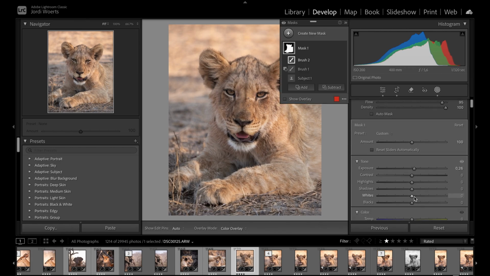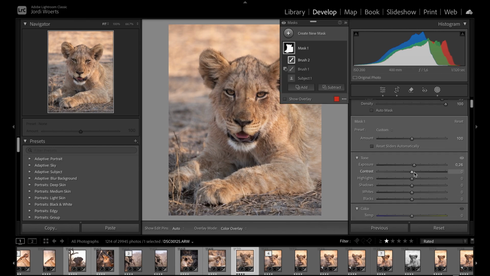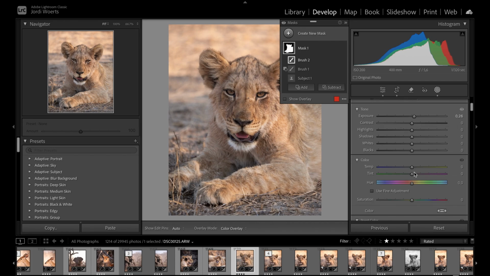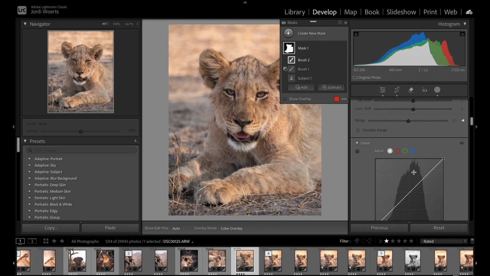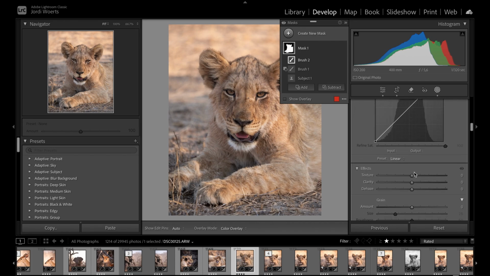Yeah, that's fine. But we're actually gonna go down now. I want to emphasize the line a lot more, so we'll do that with the 3 effects here. So I like those ones. So we're gonna use the texture, clarity, and the dehaze. Dehaze sounds a bit weird because there's not a lot of haze in the photo, but you'll see just now what happens if I lift it a little bit.